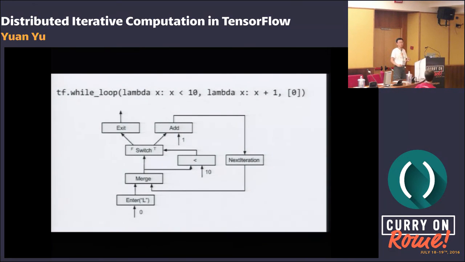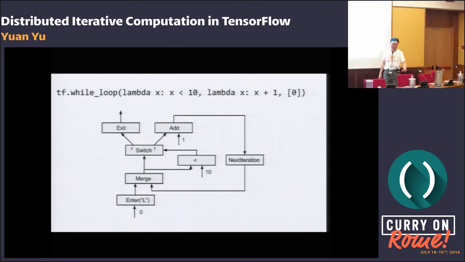Okay. Any questions? Oh, there's one more. Looking at the while loop, for example, it seems like using the word while loop doesn't really match what it's actually doing. In the end, when it's executing possibly in parallel and possibly over several machines, it doesn't really resemble a while loop as you would think about it. I was wondering if you'd thought about what kind of language you would use to describe these distributed and parallel operations.